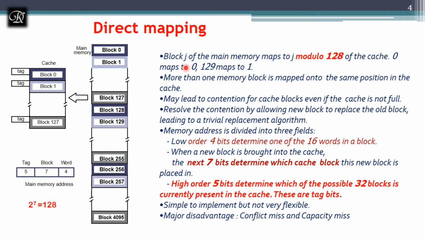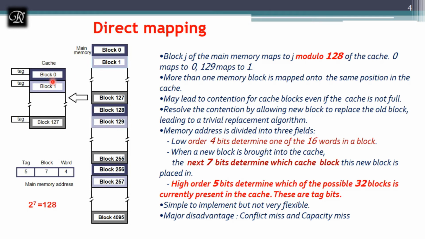Out of the blocks in the main memory, that is 0 to 4095, if I want to place one in the small cache, how can I place it with the help of direct mapping? First, you have to take any block you want to place. For example, I'll take block 129 and I want to place it here. I don't have a block number 129 over here, because this is a limited memory compared to the main memory. Now what do I have to do? I have to somehow make a space over here so that I can store this in the cache.